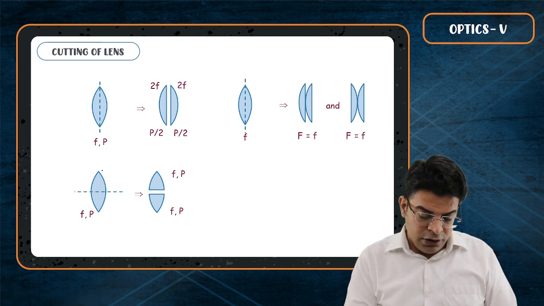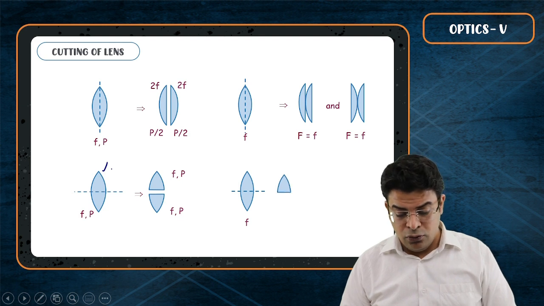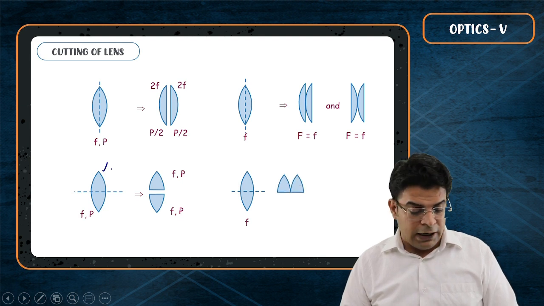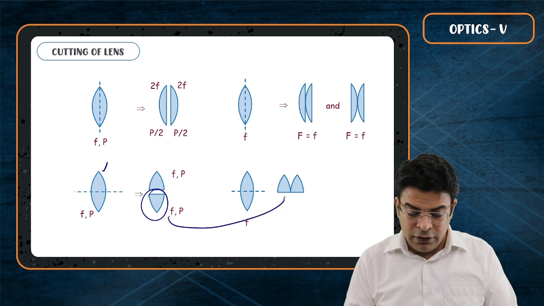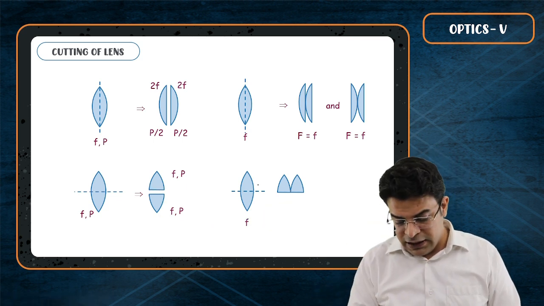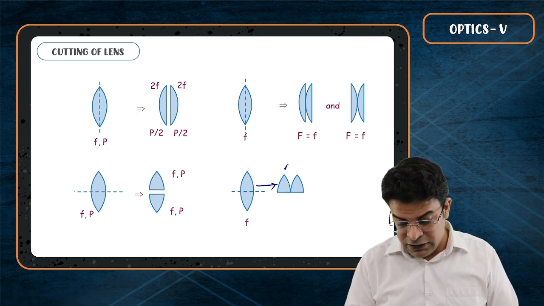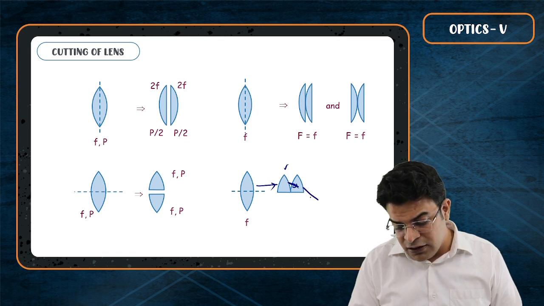What if you have divided the lens this way, and after dividing you have got two parts, and you place these two parts, turning the lower half and keeping it next to the upper half this way. So you will say if a ray of light is hit, this first one will send it towards the optical axis, converge it, and the second one will converge it further.